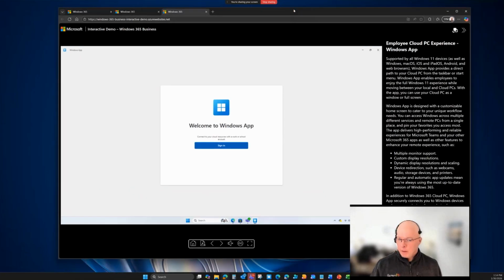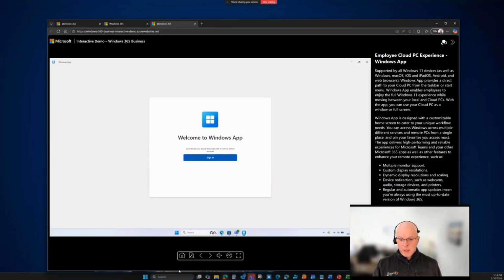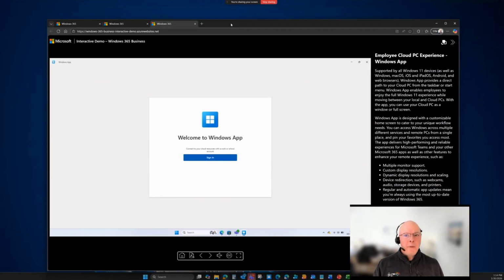Because I am in a Windows 365 system, I obviously can't show you a live demonstration other than to, number one, show you that this is my desktop. This is Microsoft Edge as a browser. You see all my apps down here at the bottom. To me, it's a desktop. It's a laptop, but it's a cloud PC. I'm going to show you how I access it here in a few minutes,